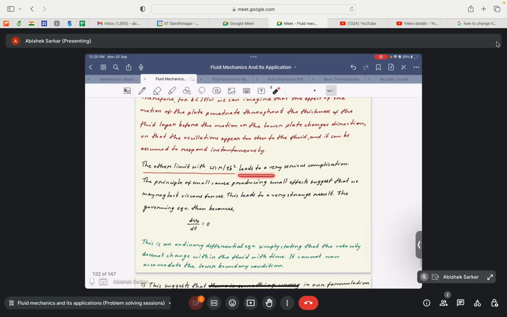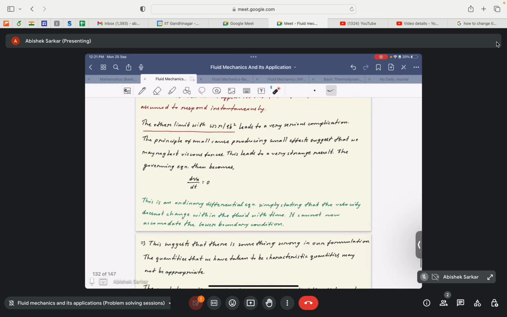Now that leads to a very serious complication. What happens is that the very basis of approximation, that is the principle of small cause producing small effects, suggests that we can neglect the viscous term. It basically tells us that if certain parameters or certain forces are small in the governing equation, then we can ideally neglect those terms in the equation, right? So it essentially tells us that if omega is greater than nu by rho b square,